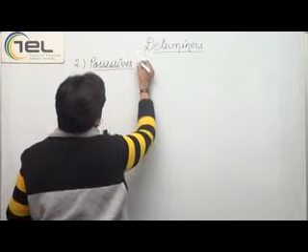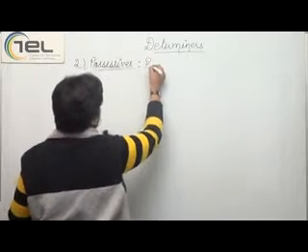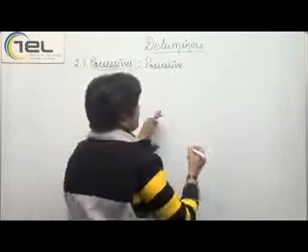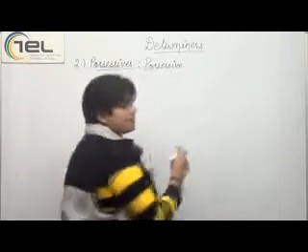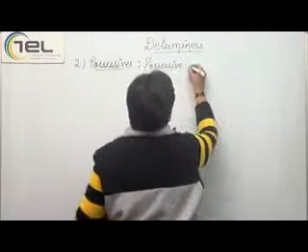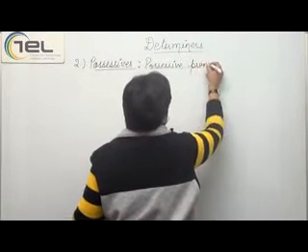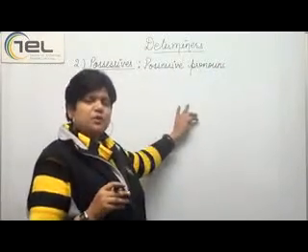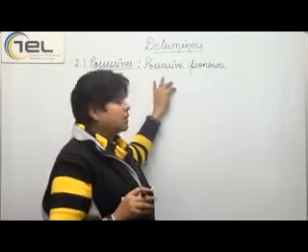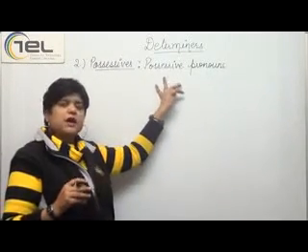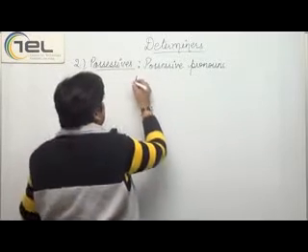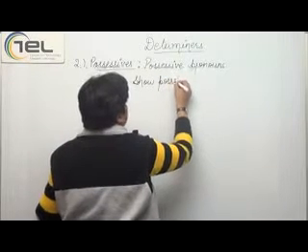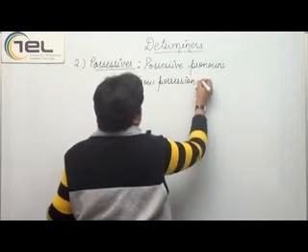Possessives, or you can also call them possessive pronouns. They fall into this category of determiners because they determine the noun, right? So possessive pronouns. Now what is the purpose behind using a possessive pronoun or possessives in front of a noun? Possessives are the words that show possession or ownership.